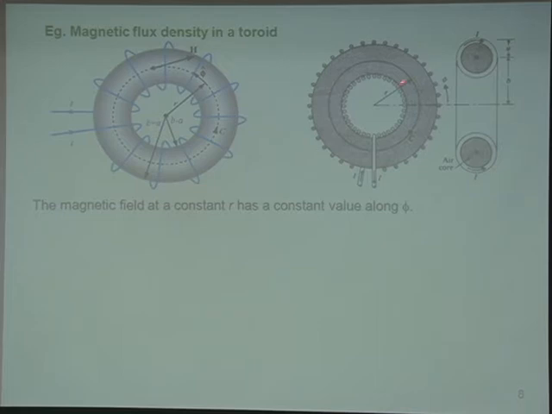Okay, so you have wire wrapping around sort of a tube, but this tube going around a circle. 所以在这种状况之下呢，你的 magnetic field 会长什么样子？